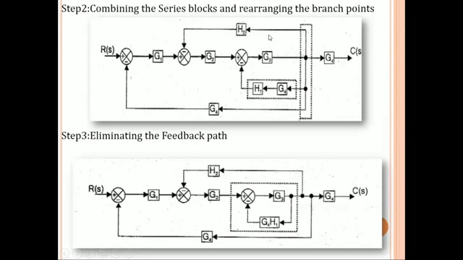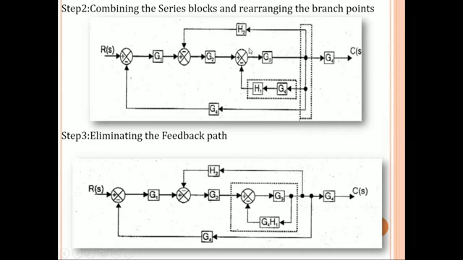Now here we have three branches connected in a single branch point. So now we have to split this branch point. To split the branch point, we need not follow any rules. So I am splitting this branch point towards here. This feedback is connected to here and this signal is connected to here. So I have gotten three branch points.